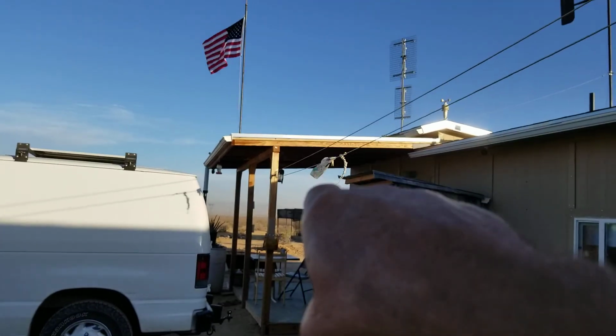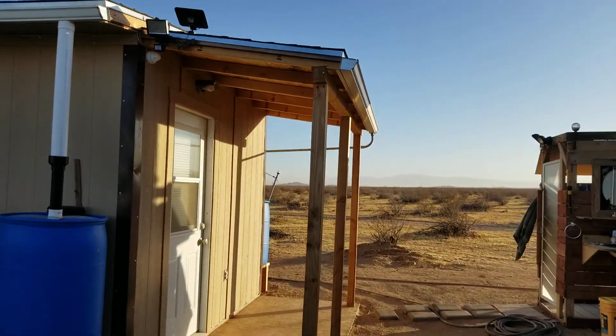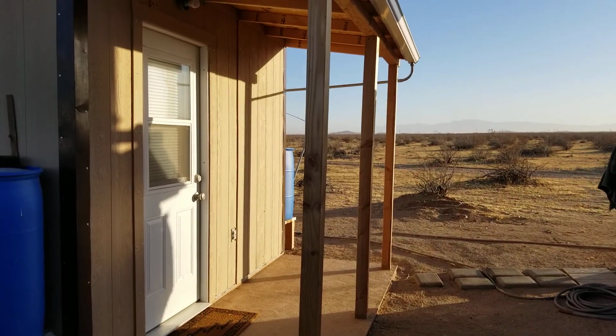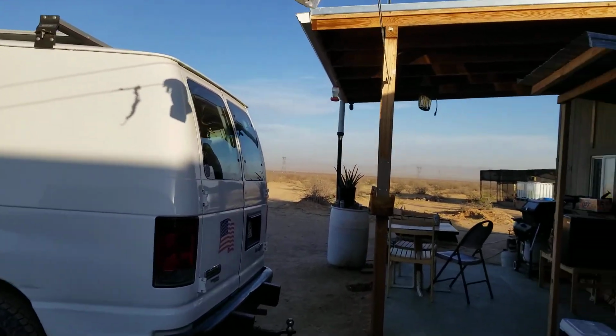But the blue barrel and the white barrel are full, and the 420-gallon barrels are still full. So I got plenty of water, and I just checked the soil in the garden by digging my hand down inside. Plenty of water down low. The ground is still soaked, so I won't have to water for a while. It's been chilly, and